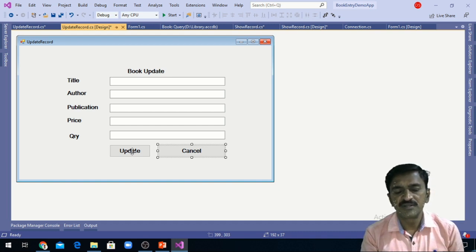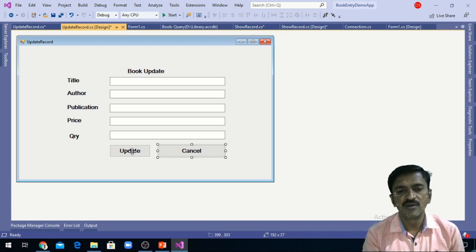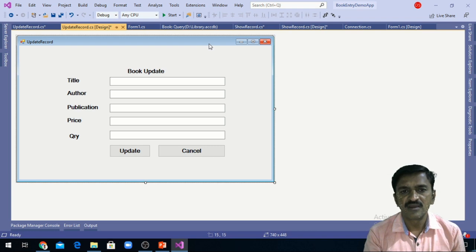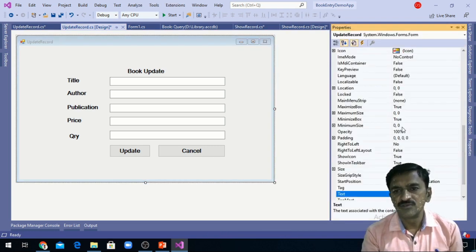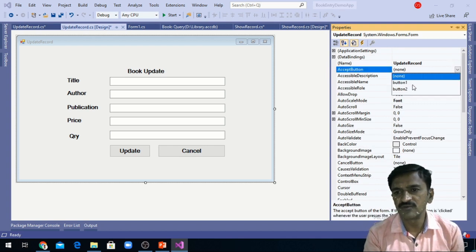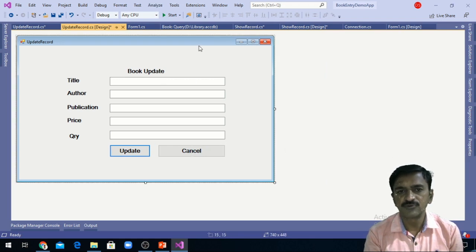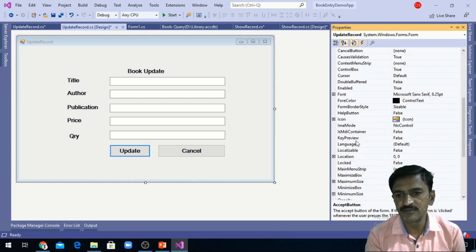And if the button OK is clicked, then we want to display the message record is updated. So for that I have selected the form and I'm choosing the accept button property as button 1 and the cancel button property.